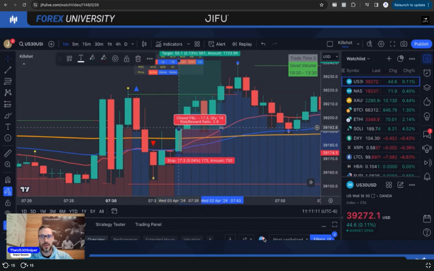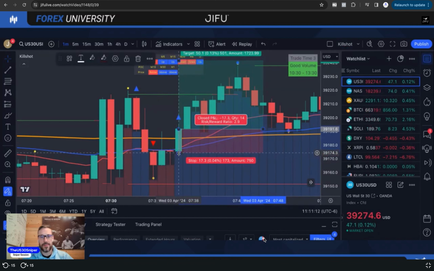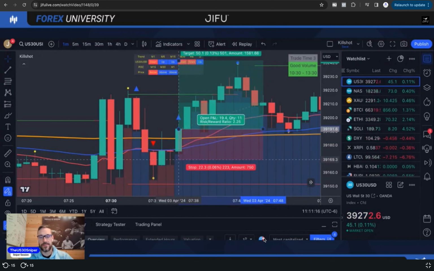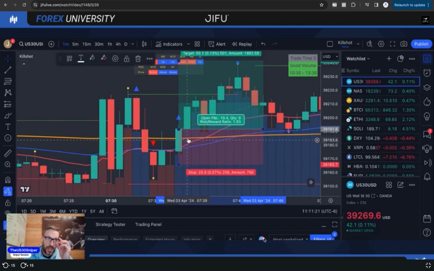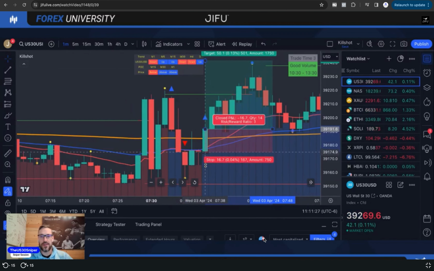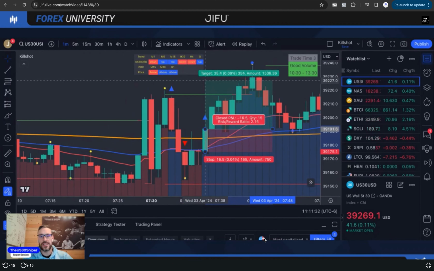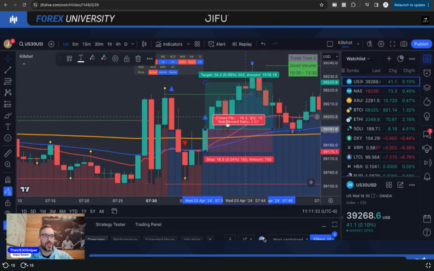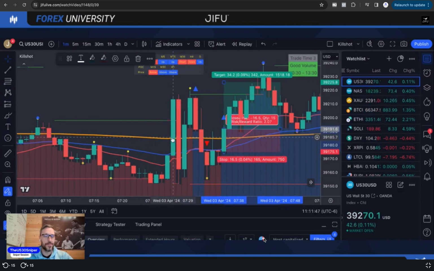Right? Okay, we want to have that 25 pip stop, and we could have had a much smaller stop loss here, right? 25 pips would have been just back to here, but you can see that's way below the 238. So this very easily could have been to the back of this 1 minute candle, and you could have had your 35 to 40 pips for 1 to 2, right? Very easy to see. It's telling you what your risk reward ratio is here, right? Risk to reward, 1, right now it's 1 to 2.07. That's our risk reward, okay? It's telling you what that risk reward is on this box if you ever want to take a look, okay?